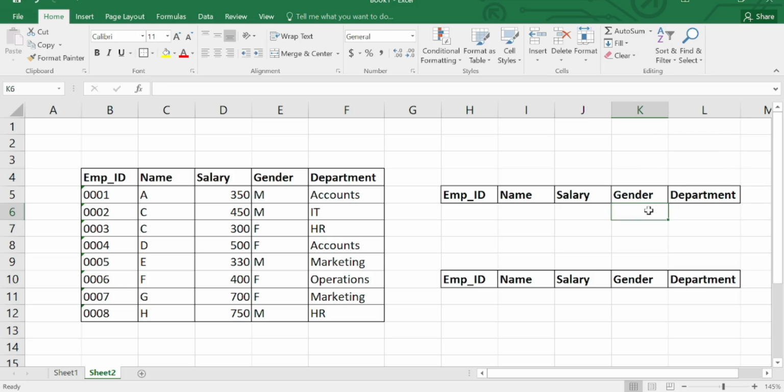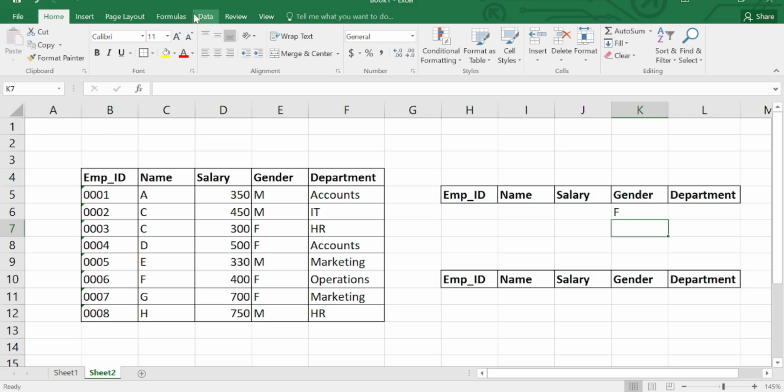Now just think, I want to copy all females in this particular company or this particular table. I want to copy only female employees into the copy to range, right? First, what I have to do is type the criteria. Females I have given as the letter F, so I am typing F here, and I am going to filter now.